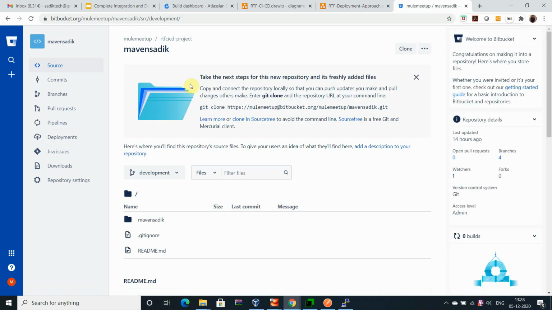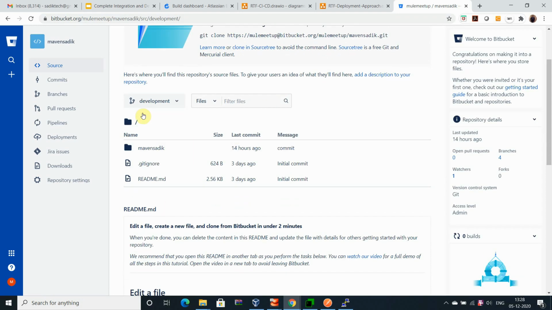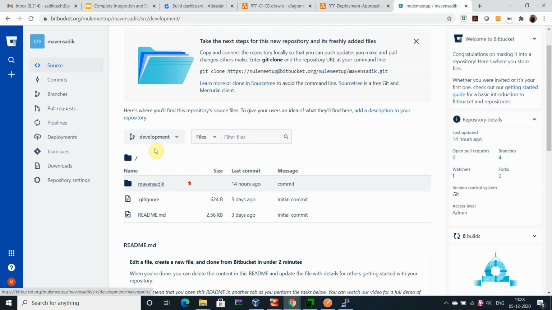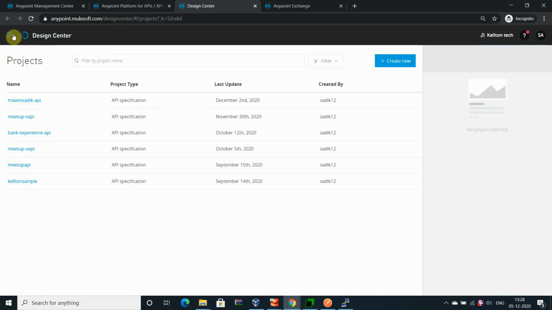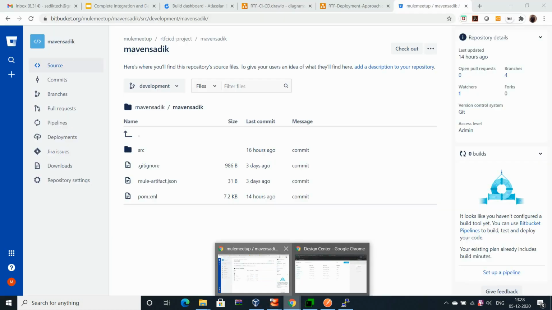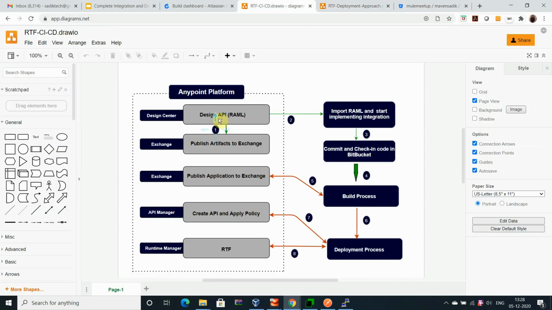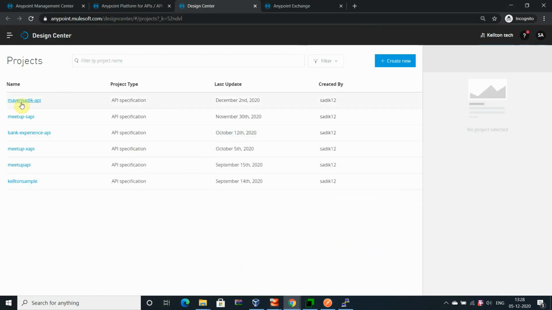Right now I am working on master development, right? Okay, so you can see that my application is there. The MuleSoft application is there, and that checkout I will perform here. Okay, so this is the first part. You have to create a repository, create the project, and create the multiple branches. Then you need to go to your design center, as I stated earlier. In design center I will create the API.